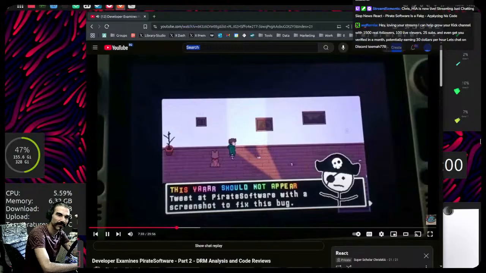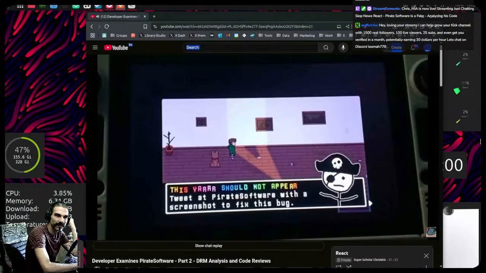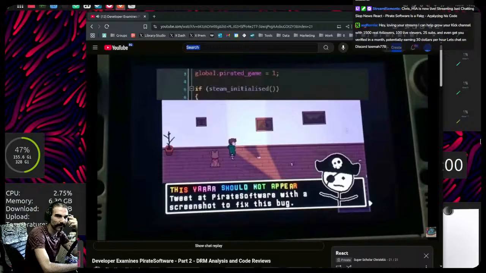The pirate message string is unique enough that we can use it to hunt down the DRM code within the debugger. The reason being, in order for the message to appear, it has to either be checking the pirated game variable or be close to the DRM check function, because otherwise it wouldn't be able to be triggered. In either case, we have enough info from this alone to hunt down the DRM and break it, even if we didn't have the original DRM code snippet for reference.